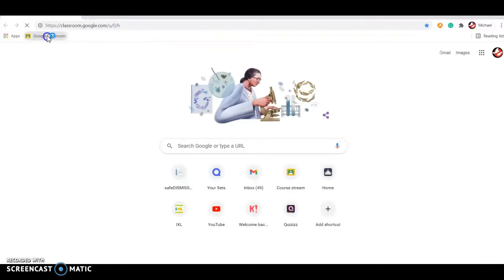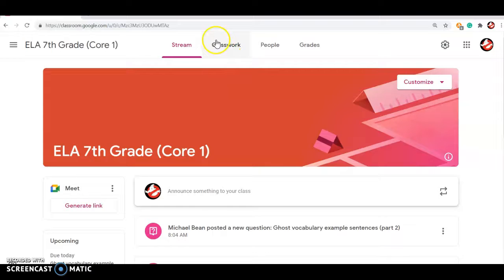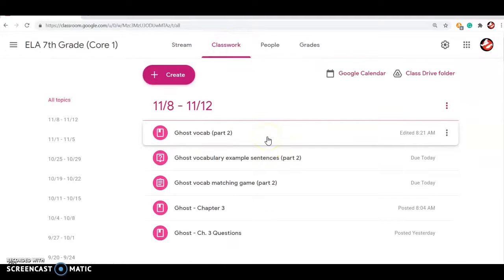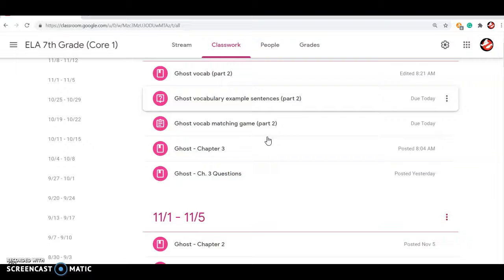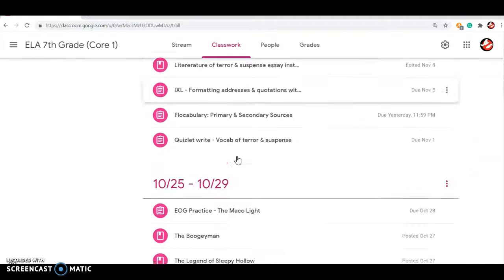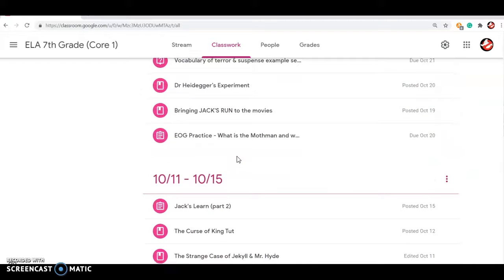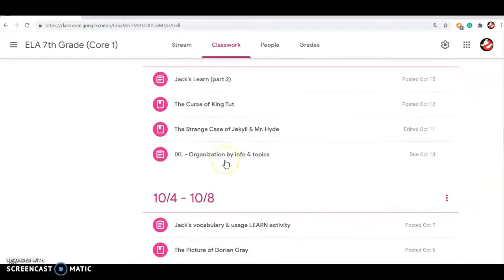All right, so in Google Classroom, ladies and gentlemen, let's go on here. This is my first period. You can see how everything's posted by the week. So we're reading a book right now called Ghost. It's about a boy that lived in the city, and he's in 7th grade, and he comes from a single family, and he has discovered the joy of running track, and that's what we're doing right now. So you can tell today, we've done a lot with Ghost, but everything I do is posted to Google Classroom. Not literally everything, but I try to post almost every